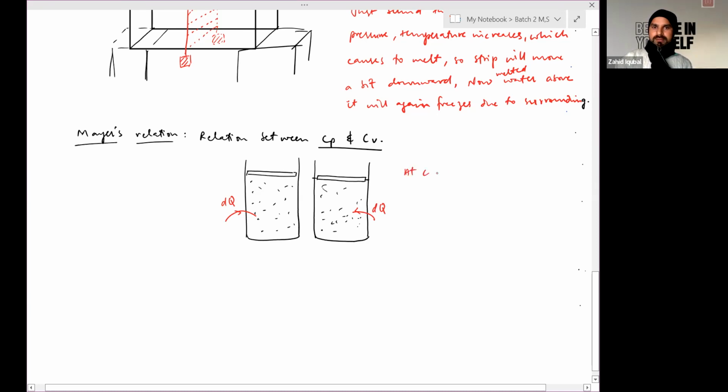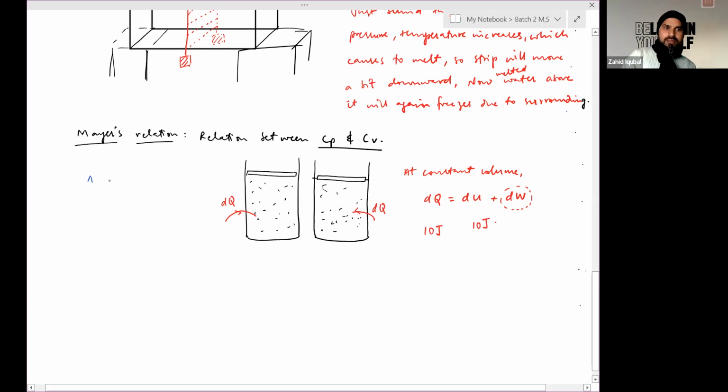So you will say at constant volume, amount of heat supplied to the system would be utilized only in changing internal energy, since work done in this case will be 0. So if you are supplying 10 joule of energy to this particular system, this 10 joule entirely will get converted into internal energy. But in left part,